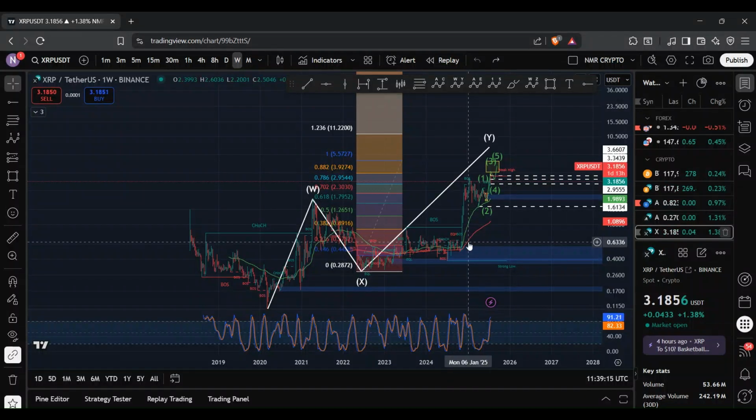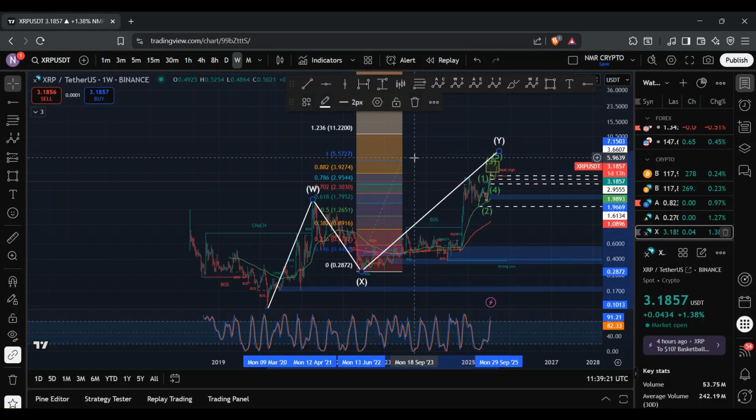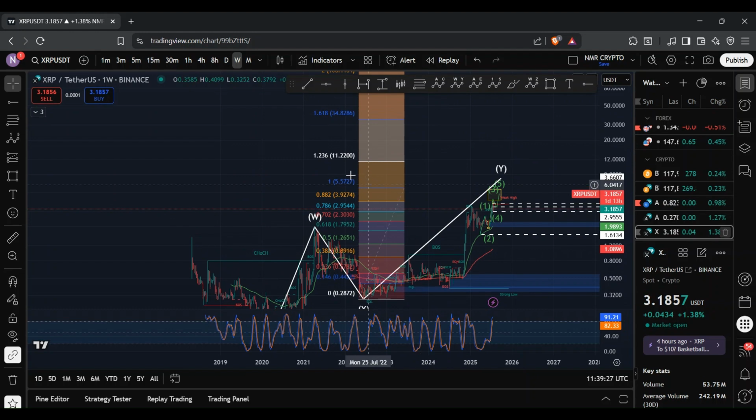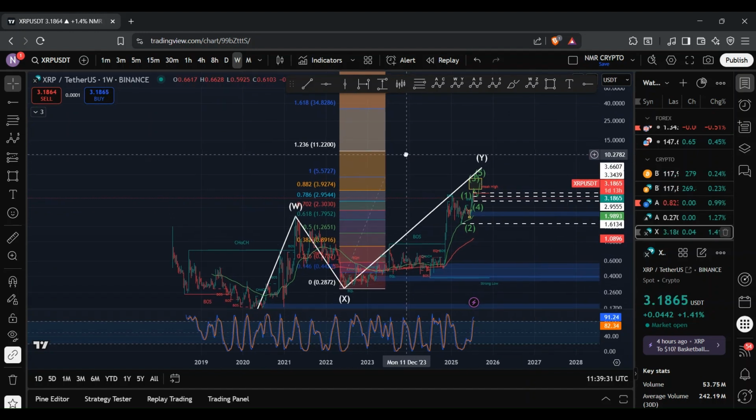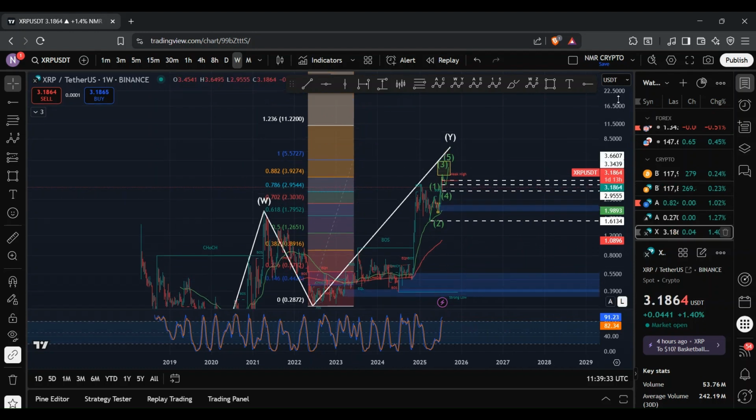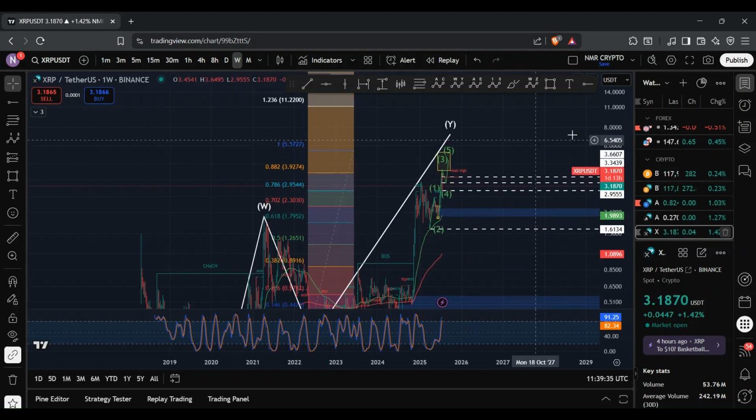So on a macro level, I've been tracking this WXY structure to the upside, where I'm looking out for this Y wave to tap into its typical region between 1 to 1.226 of the W wave, and that region sits between $5.57 to $11.22. And here you can see that we haven't tapped into this region yet, and so it looks like we